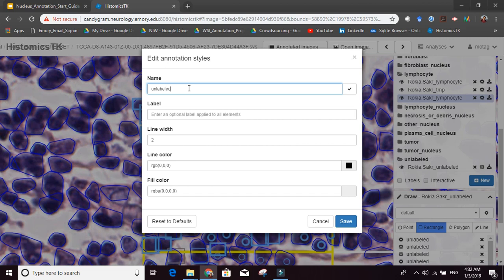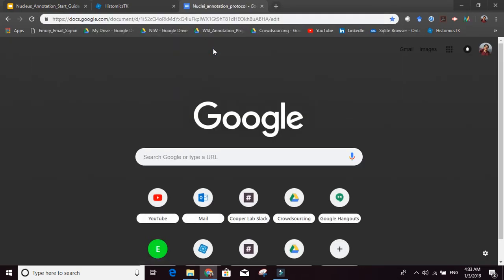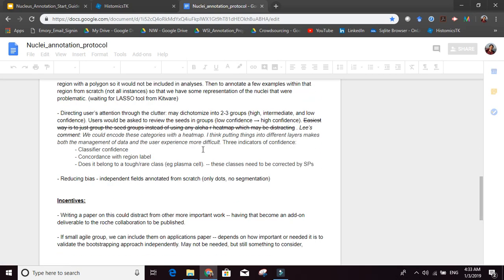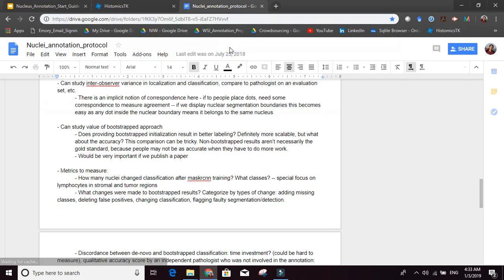I removed the document, and this is 4.6, and then let's find the document. So let's go to the annotation protocol and find what the unlabeled is. Sorry, wrong Google document.